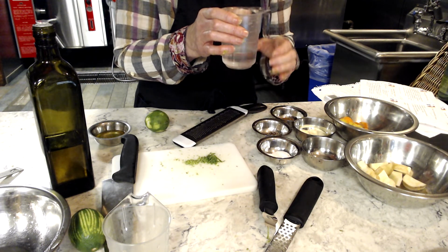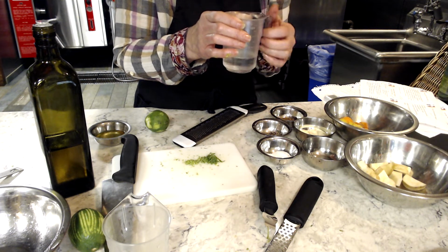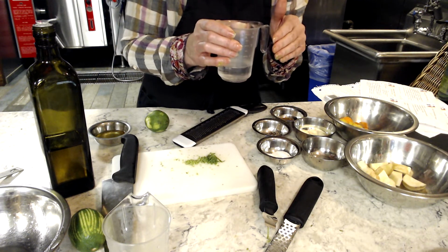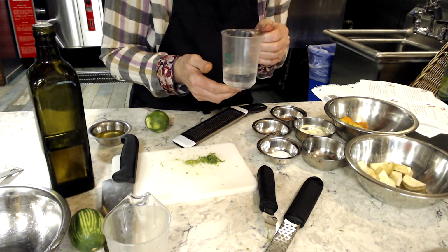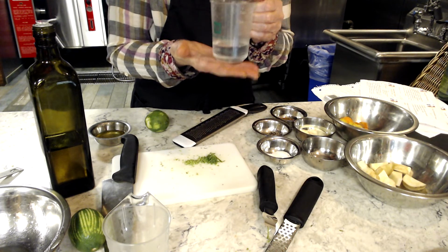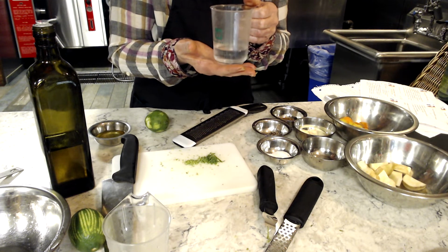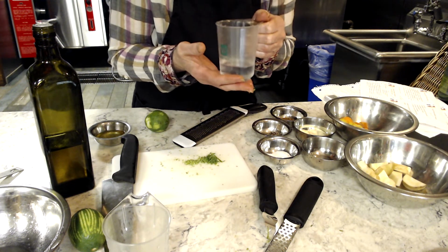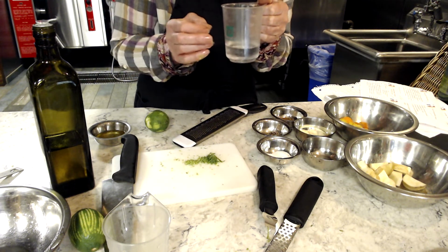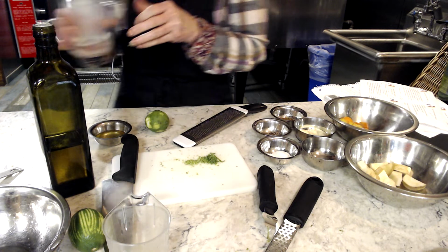Because if you have it in a solid measuring cup that you would measure flour in, it's really difficult, one, to fill it to the top, and you don't know that you're getting the exact amount of liquid that you're looking for. So it's always great to have either a glass or acrylic liquid measuring tool in your kitchen, because it really does make a difference. Not so much when you're cooking dinner or making your everyday dishes, but if you're baking, it's really important that your ingredients are precise. So we're gonna add our water into our pan,